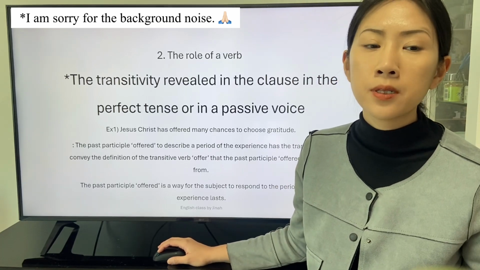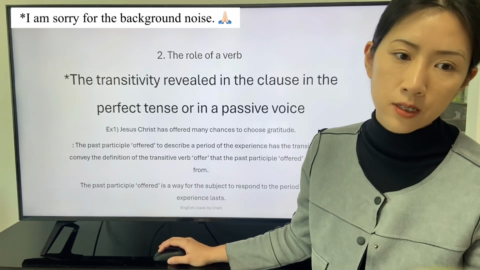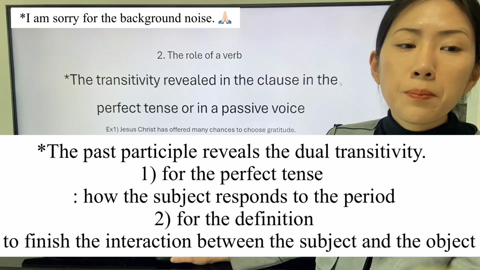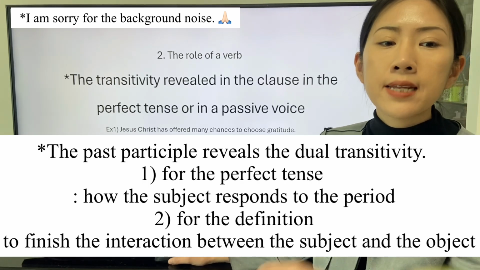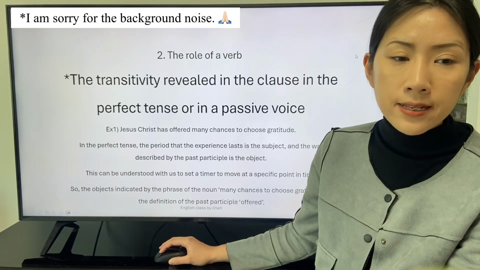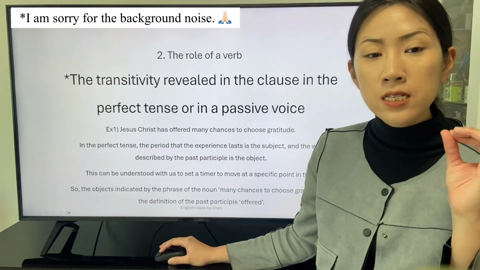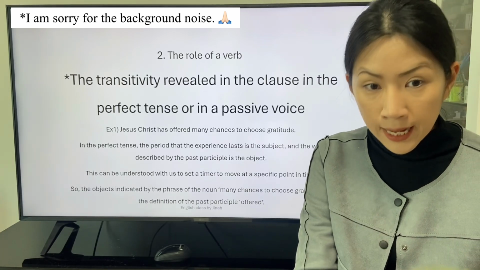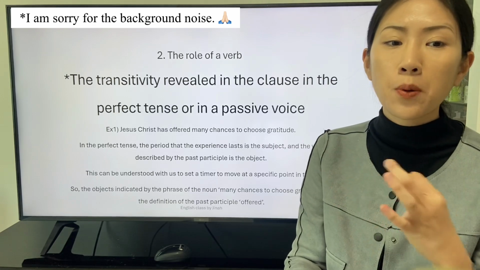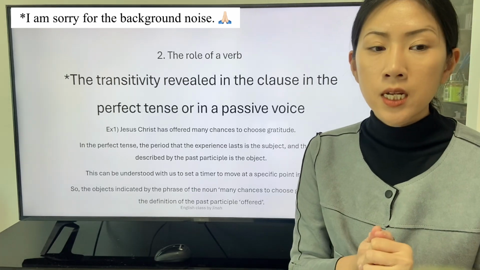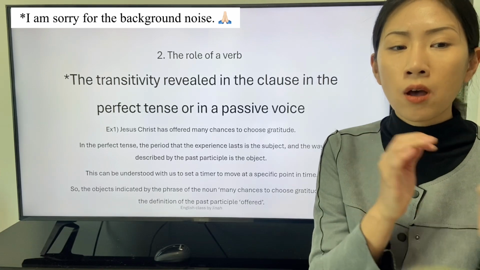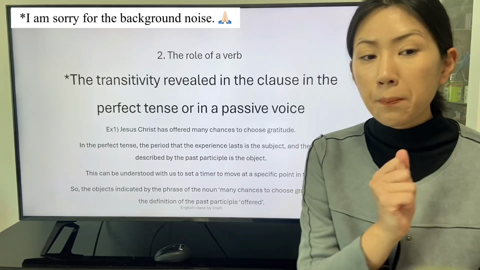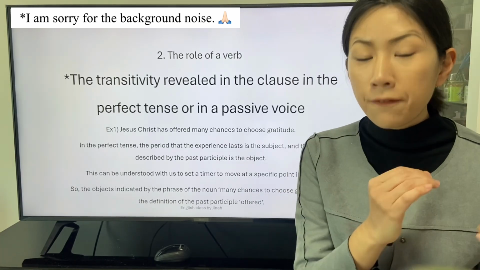The past participle offered is a way for the subject to respond to the period that the experience lasts. In the perfect tense, the period that the experience lasts is the subject, and the way described by the past participle is the object. This can be understood with us setting a timer to move at a specific point in time. The past participle offered